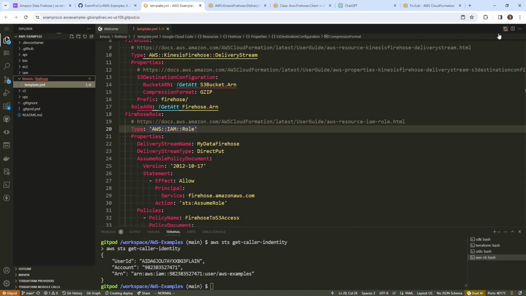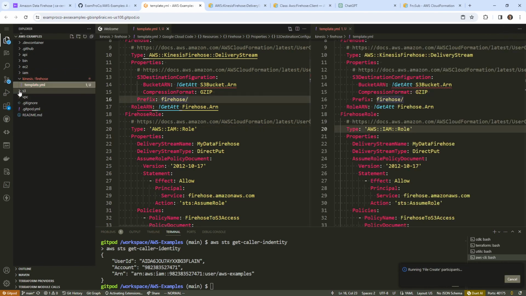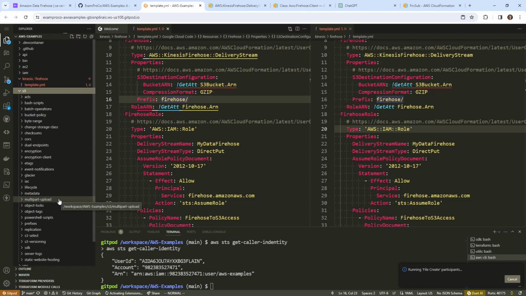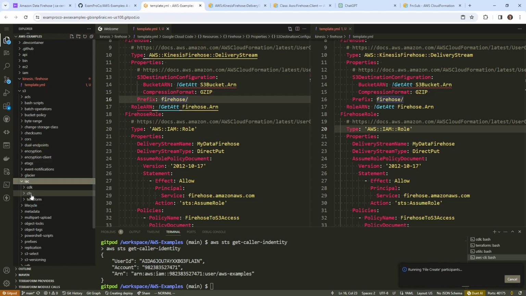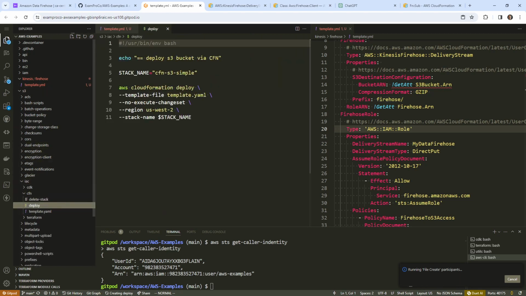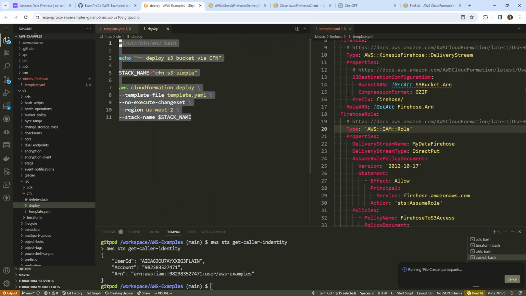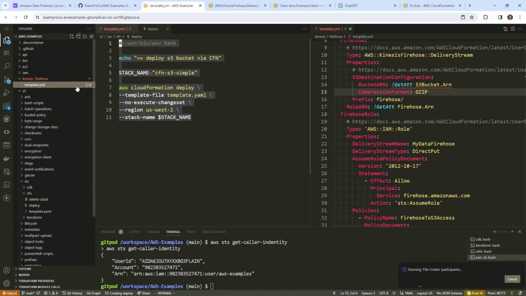And I remember us doing a bunch of CloudFormation in S3. So I'm going to go ahead and just see if I can find something here. Probably under IaC, CloudFormation. We have this deploy script here. I'm going to go ahead and copy this. Again, if you don't want to write all this stuff out by hand, you can just